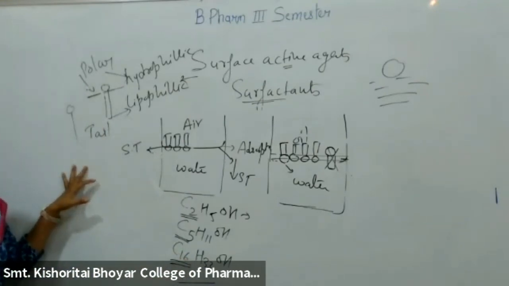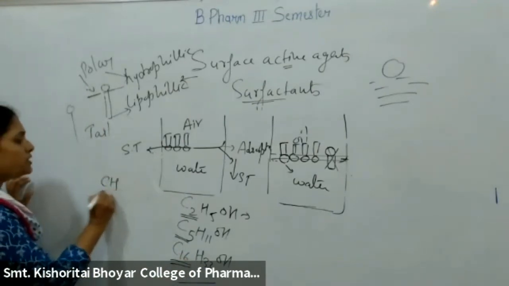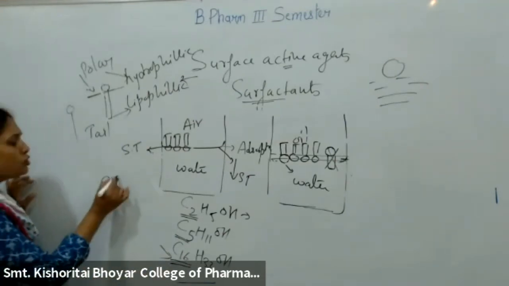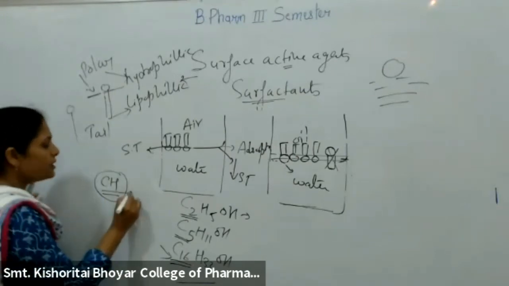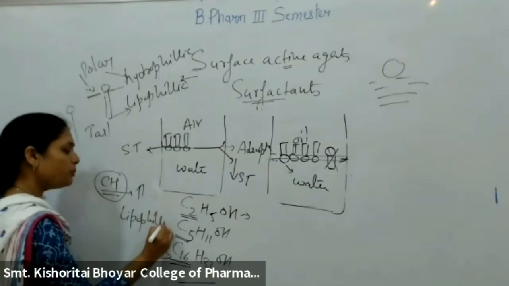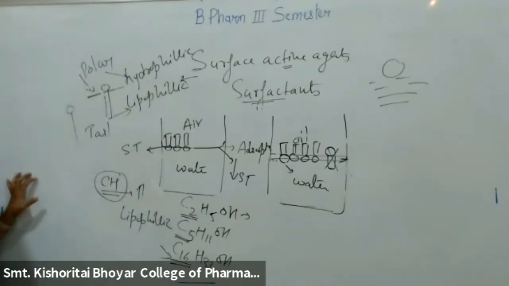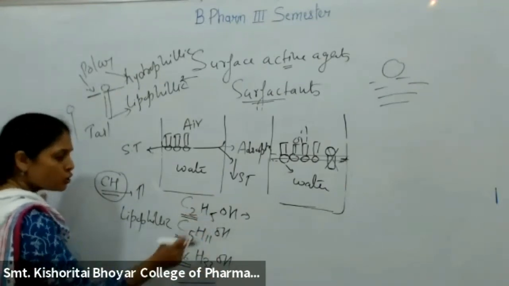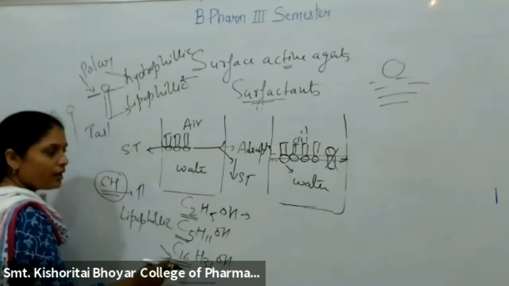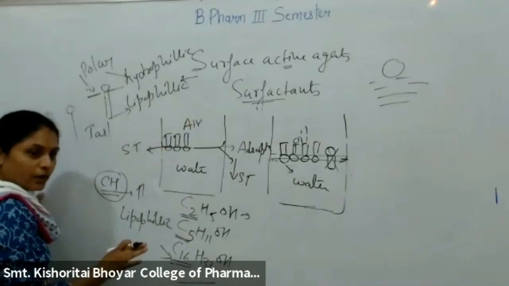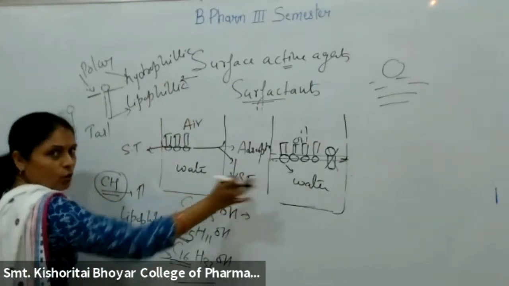That means जो कार्बन चेन लेंथ है वो यहाँ पे सबसे ज्यादा बड़ी है. And because of the increase in carbon chain length, there is an increase in lipophilicity, because these are the lipophilic groups. So if we look, this molecule is more lipophilic in nature as compared to this. Being lipophilic in nature means it will have an affinity for oil. It will not have affinity for water.